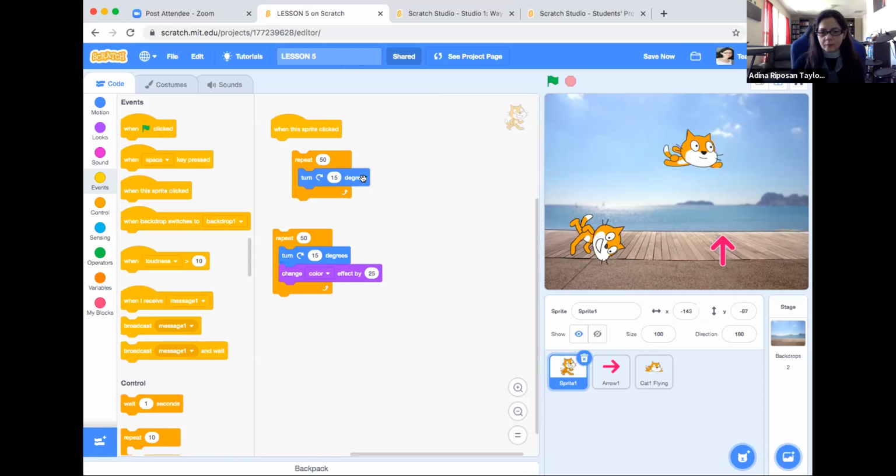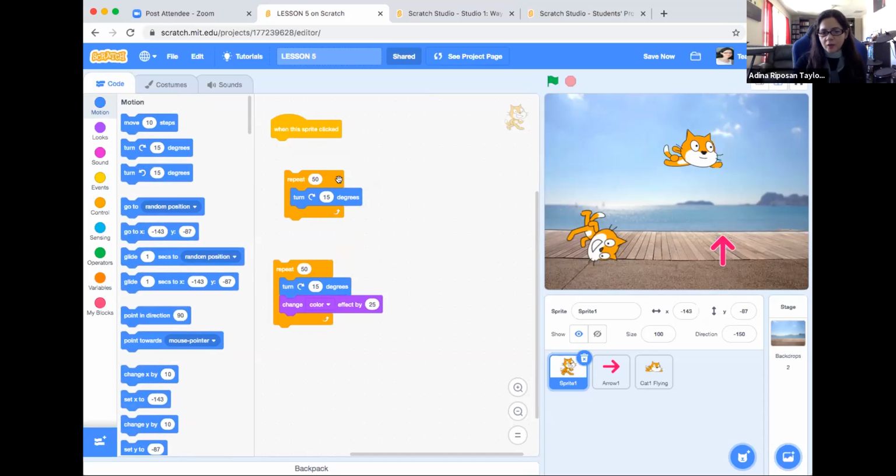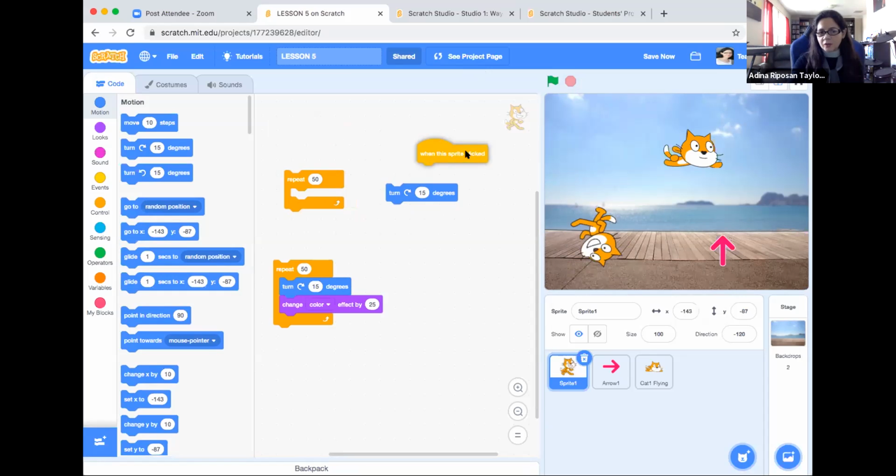We got it. Okay. This looks simple. I mean, the code is simple if you just copy it, but it is interesting to understand what's going on, because these are motion blocks that you can also use when you want to reposition your sprite on the backdrop. Like the way it is now, if I wanted my sprite to go back straight up, you can't really do it. It keeps on rotating, but it's very hard to get it to stop in the right position. So what you normally do, for example, look, I'm taking my turn 15 degrees block out,